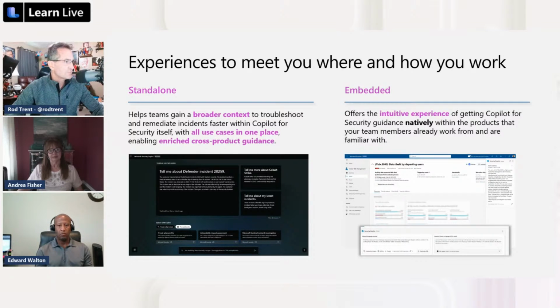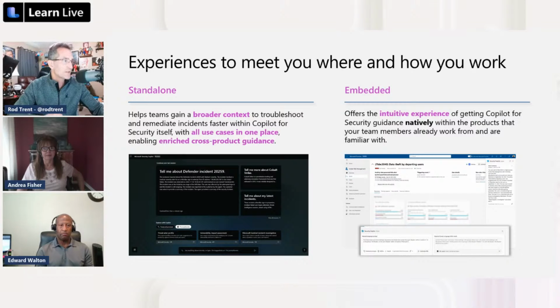I think it launched with over 70 different partners and plugins as part of this, right? All the way from Tanium to Splunk to ServiceNow. The idea is that if you have a tool, not Defender, that you're using now in your organization, you should absolutely be able to use Copilot for Security alongside it. You don't have to not use it because you're not using a Microsoft tool. You should be able to use the standalone version along with whatever it is that you have. If a plugin does not exist, and again, we'll talk more about this next time, you can create your own plugins, right? Or work with your security tool vendor to create one for you.